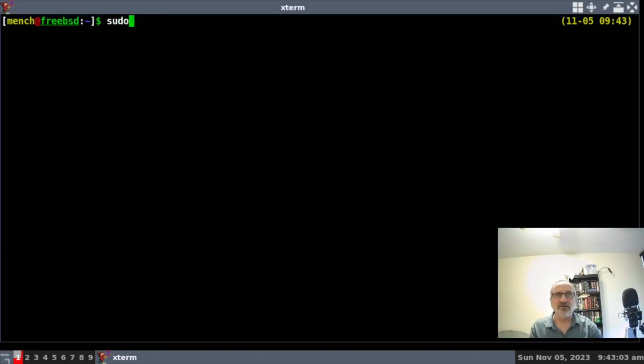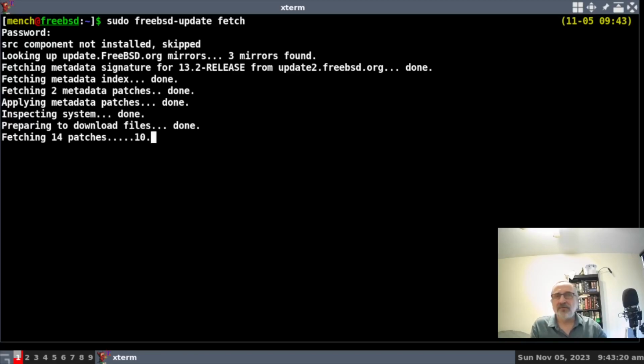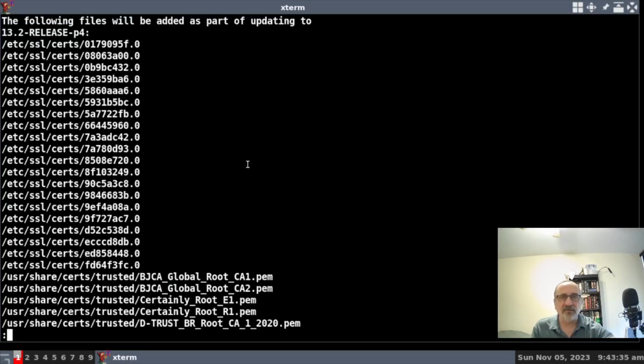I'm going to type in sudo freebsd-update fetch. Put my password in, and let's see what happens. Fetching 14 patches. I would have thought it would be more than that. It's applying the patches. I'm just going to pause this while it's doing it. Oh, it's done. So it gives you a list of patches that are being done, and you can just use